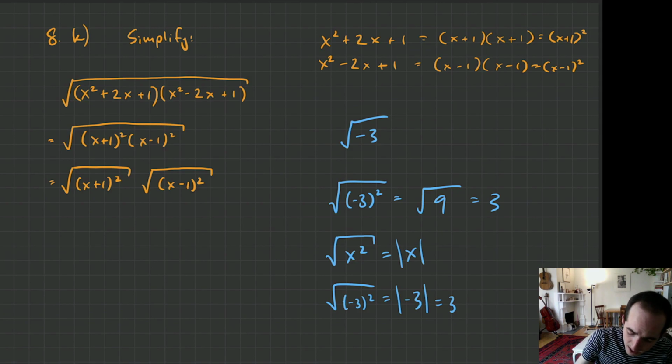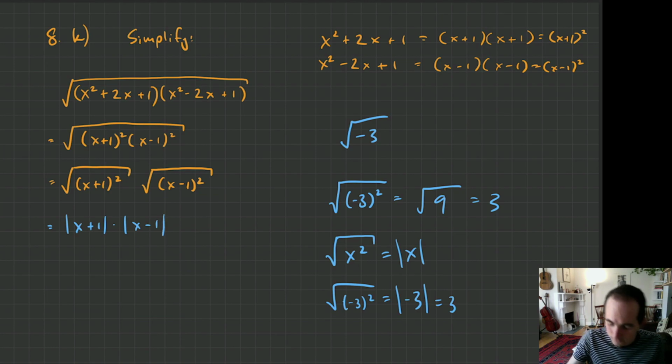So in that vein, I've got the square root of x plus 1 squared. That is the absolute value of x plus 1, right? And similarly, the square root of x minus 1 squared is going to be the absolute value of x minus 1. Okay, so let's investigate this a little bit further, because we still have a couple minutes left. So, what if